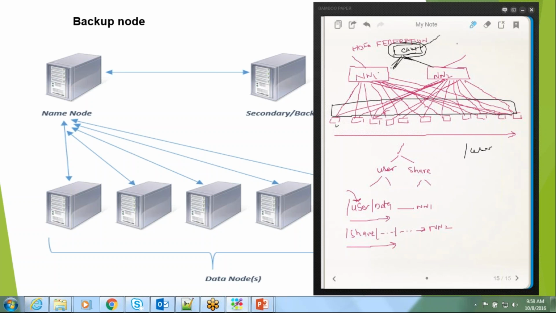So load balancing may not be the right word for this approach, but this is how it works. Federation works like this. If you put the data with the destination in the /user folder, it will be handled by name node 1. If you put the destination as a share like this,